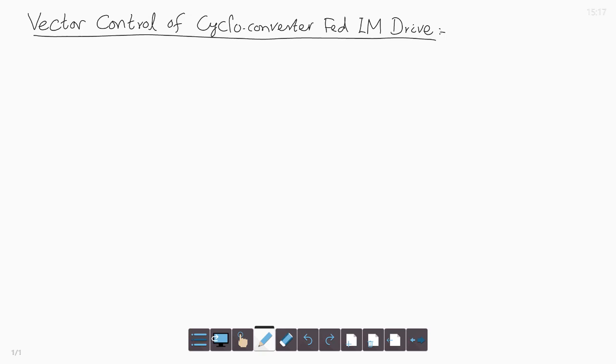We have already discussed schemes for direct and indirect vector control of induction motor. In all the schemes of direct and indirect vector control, if the inverter and the front end converter are replaced by cycloconverter, but keeping other signal processing circuits, then the cycloconverter controlled induction motor drive is obtained. So, let us discuss a scheme of